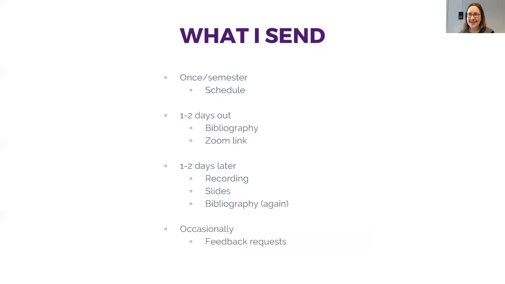I didn't actually put that on this list. And a day or two later, I will send out the recording, the slides, and again, a link to the bibliography. When I send these out, I use a link shortener that allows me to track click-throughs on them. And that's one of the things that I use to assess what's getting used, where is it important to spend my time. I've noticed a lot of people like to just use the slides because they're highly visual, and I think that's really neat. Every once in a while, I'll also send out a survey with a request for feedback,